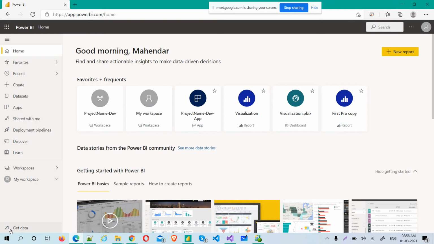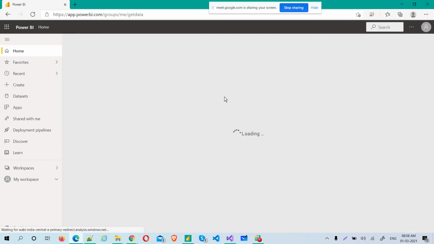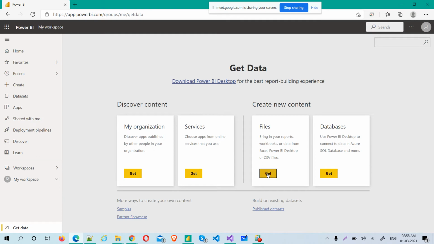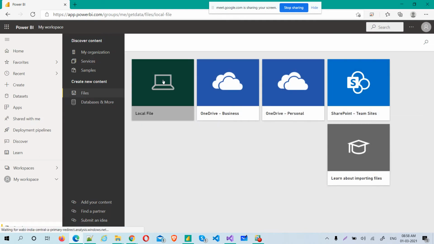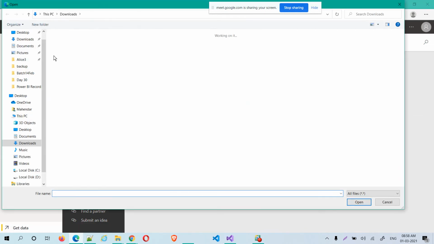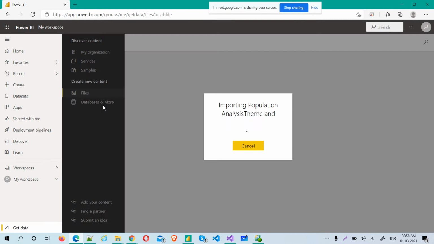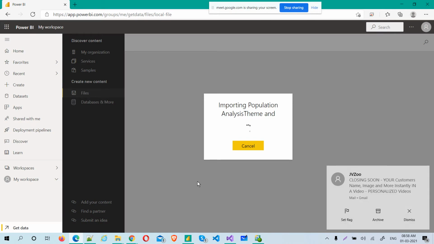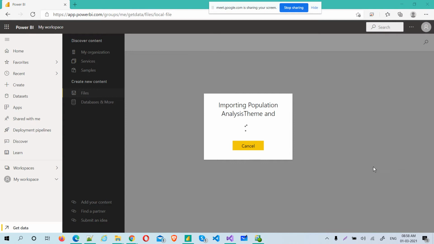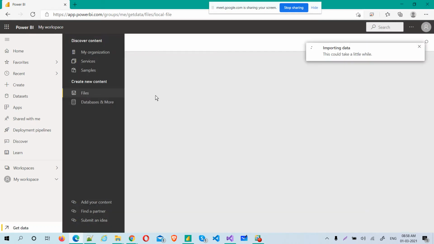Just get data and get the files, get the local. Go to that March 14 and then just check that tree map one. It will be imported. Guys, I request you to play with this on app.powerbi.com. But if not, we'll see.